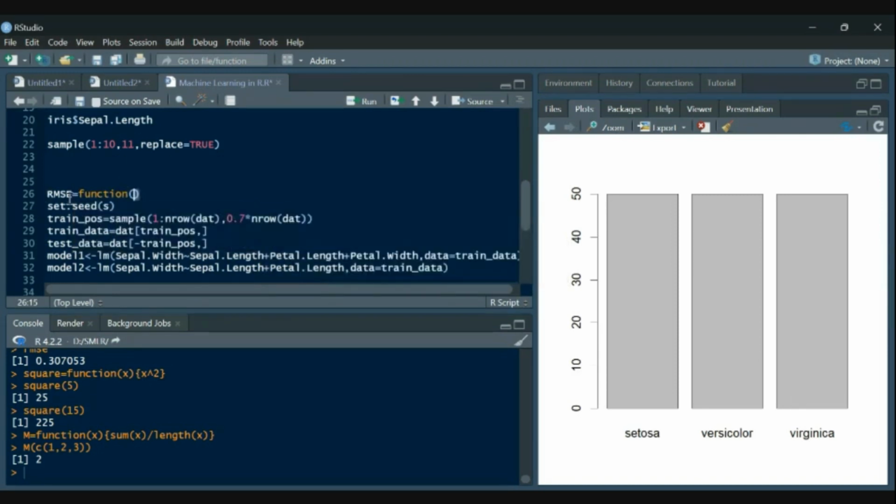This RMSE will be a function of s. We will feed the seed into this RMSE, and this will give us the RMSE value. So we'll generate such 2000 values and check the particular value which has the minimum RMSE. Are you getting the point why we are feeding s in here?